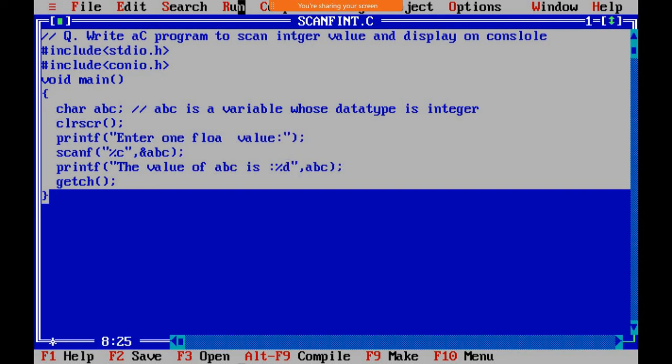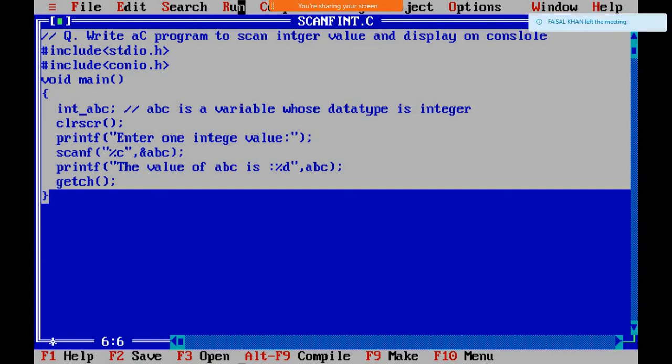So this is the simple program. You need to write it as homework. I will check at the end, whenever we complete our C programming language, all the homework related tasks.